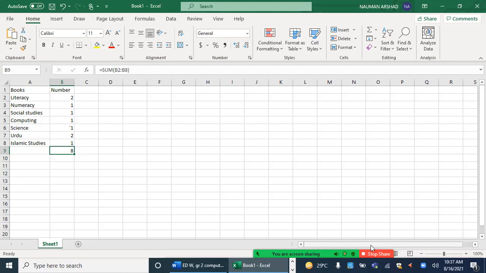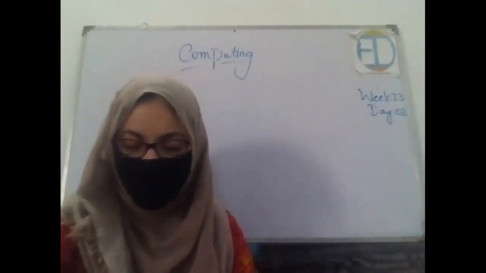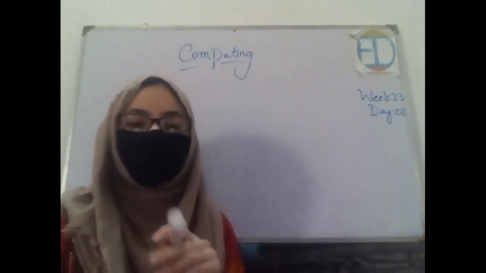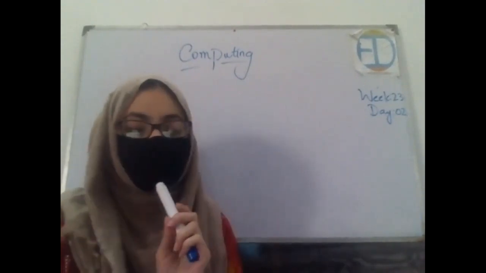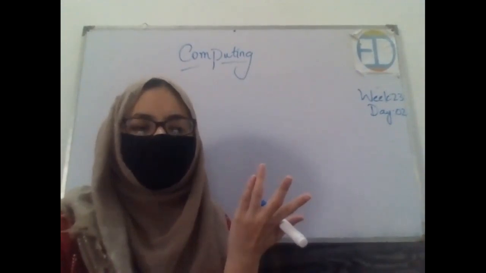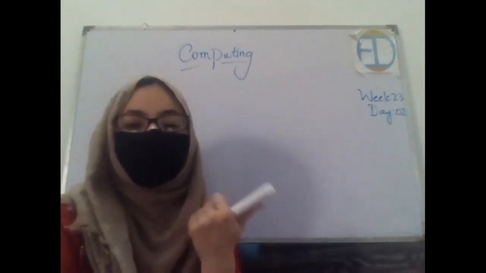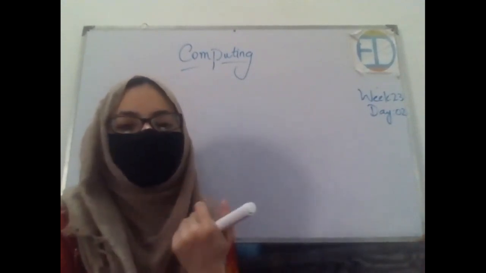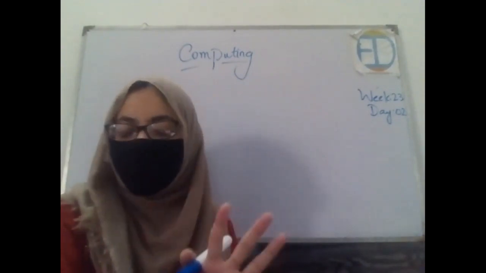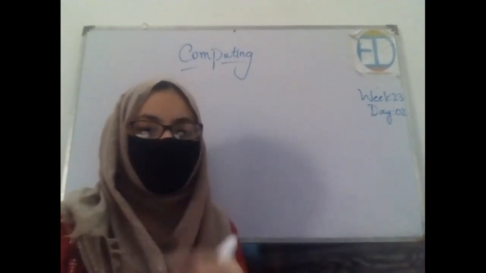Wonderful. Okay. Now, what is your class assignment? Like I have made a list of the books, you can make a list of anything you want to. So just open the Excel sheet, follow the same procedure, and then make a list of something. You can make a list of books. You can make a list of the marks you have obtained in your midterm, right? You can make a list of toys you have. You can make a list of food that you want to eat in a week or whatsoever, but do make a list and then put a sum formula on it. Hurry up.